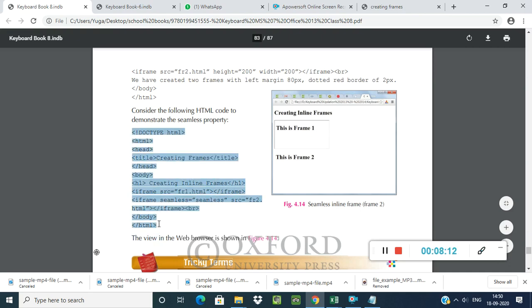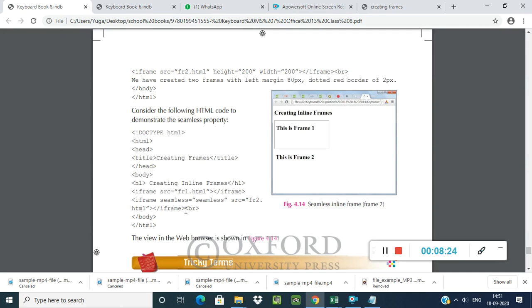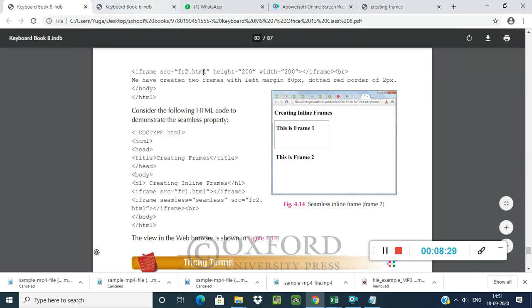How to create this frame? All the coding is there in your textbook. Copy this code, paste it in your notepad file, save that file with the .html extension and run it in the browser.